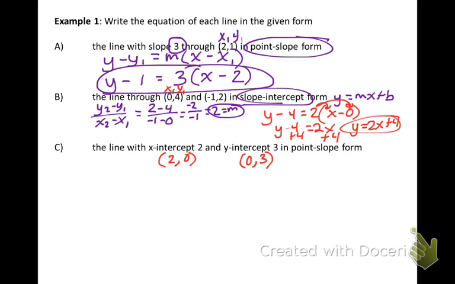And then you're going to do the same thing as you did before, except you're leaving it in point-slope form. So you're going to find the slope first. So you're going to do 3 minus 0